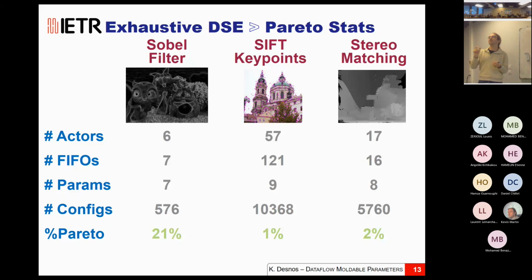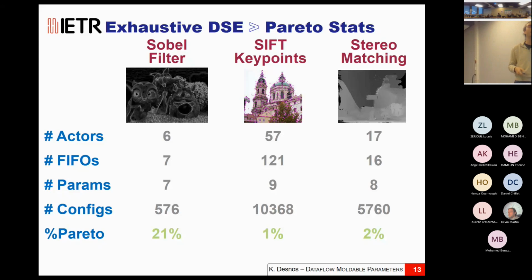So sometimes you change one value of a parameter, and the result at the end of the mapping and scheduling process is completely different. It's highly unpredictable from our point of view as a designer of the application. It's very difficult to know in advance if I change the value of this parameter, will it be better or worse? Sometimes you expect that the value of the parameter will improve the quality of the solution, and in the end, because of something happening in the mapping and scheduling process, you end up with a worse solution. So exploring all solutions manually was unfeasible, and we can see that when you explore all of them automatically,